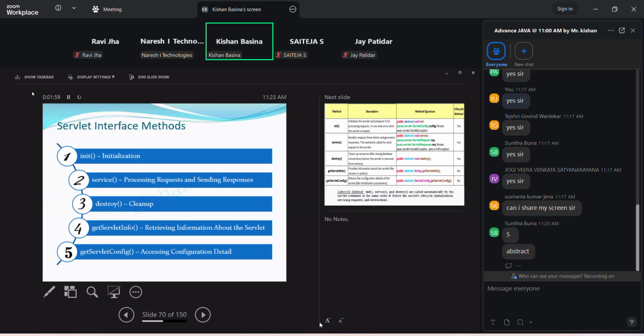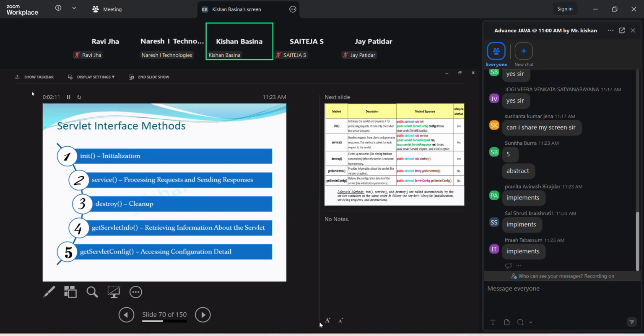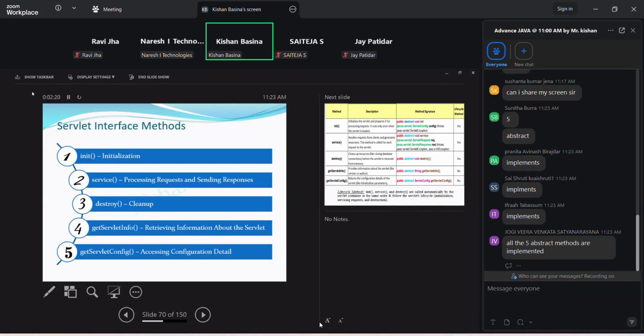Public class A. After that, continue. Extends or implements? Implements interface A. Now, my question is, whenever we are inheriting an interface into a class, and if that interface is having any abstract methods,